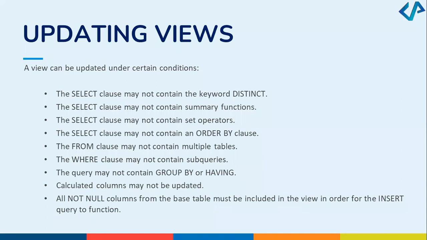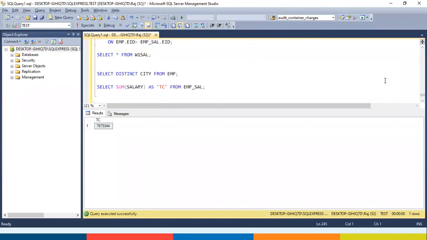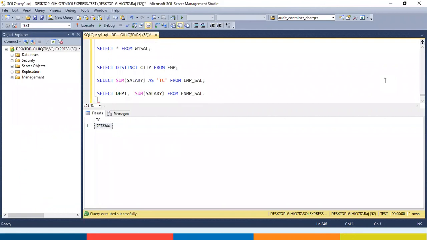If group by is used, let me take an example. Suppose you have used something like select department, comma, sum of salary from emp underscore cell group by department.